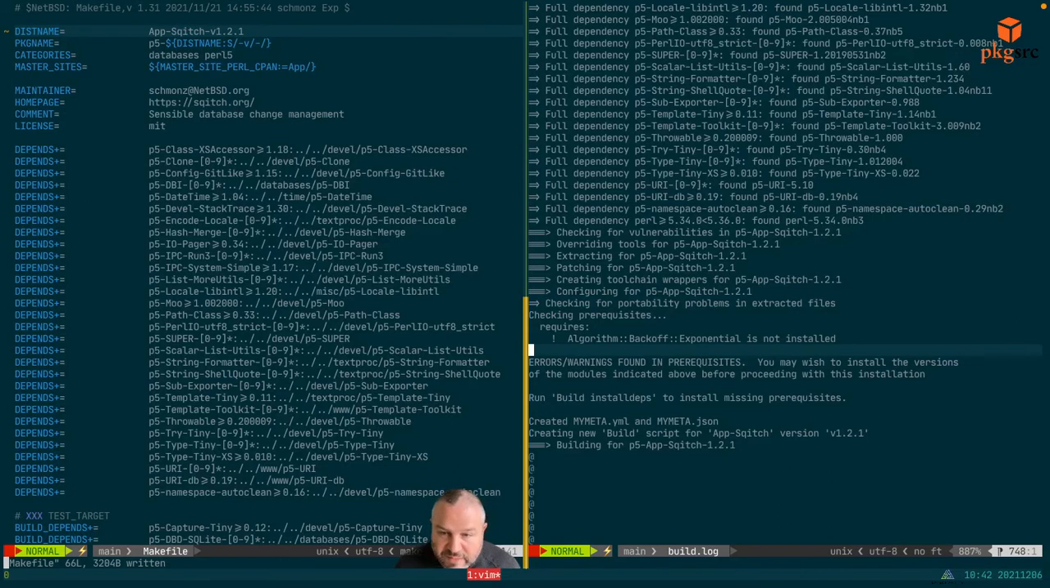Okay. I missed this either in this update or a previous update, but it looks like there's something that is needed called Algorithm::Backoff::Exponential, and that's an error. Now it's giving me some Perl instructions here, which is that I could do that and it would go get it for me, but this is package source. I want to get it the package source way. So let's see